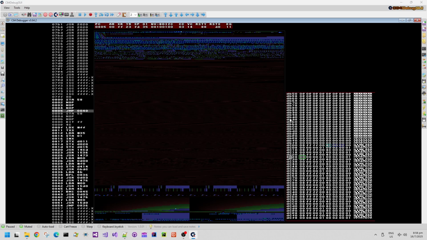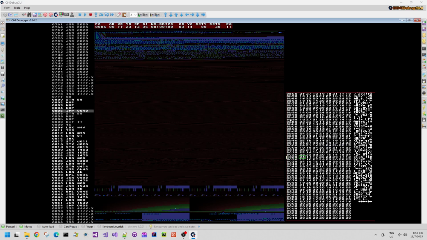And that's the self-modified code. So the code at 800 does a store to zero page and then 3 no-ops, which wastes a certain number of cycles or aligns a certain number of cycles before it gets to the jump 40, and then that jumps to code. So basically we have the